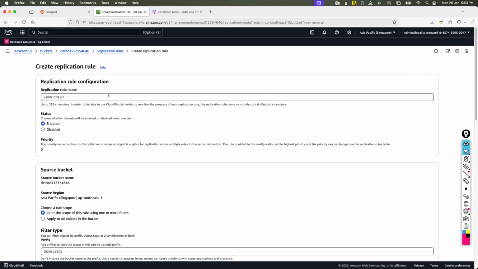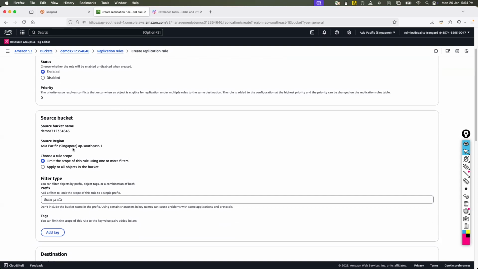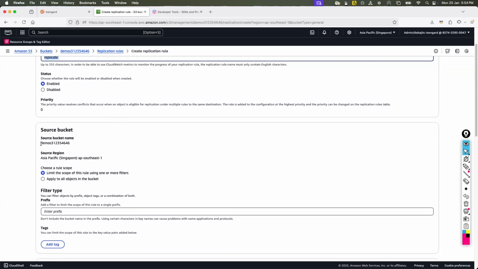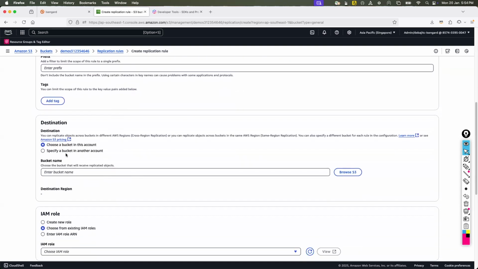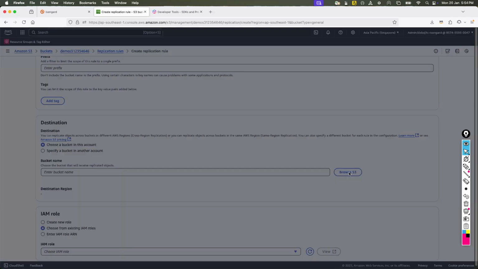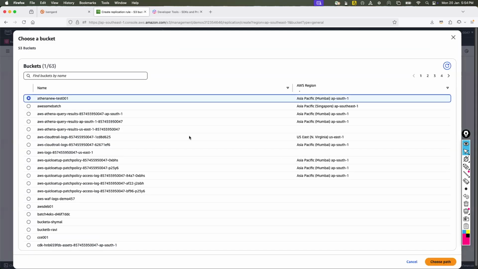So for replication, first enable versioning, and then you have to choose the source and destination buckets. My source bucket is that one, which is in the source region. And now if you scroll down, all you need to do is choose the destination bucket where your data will be replicated.